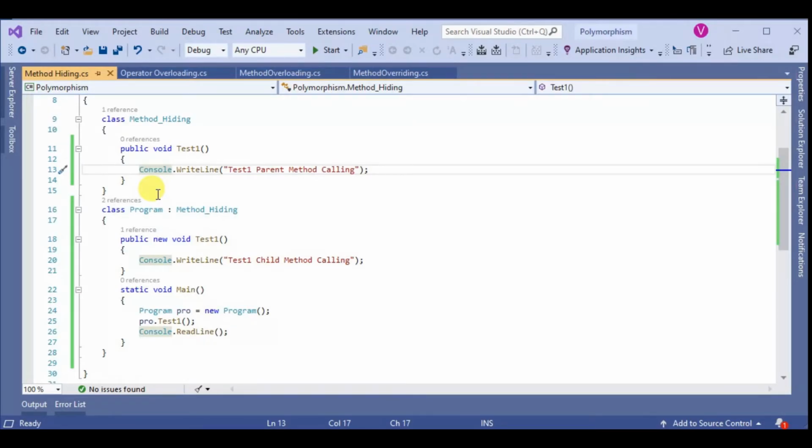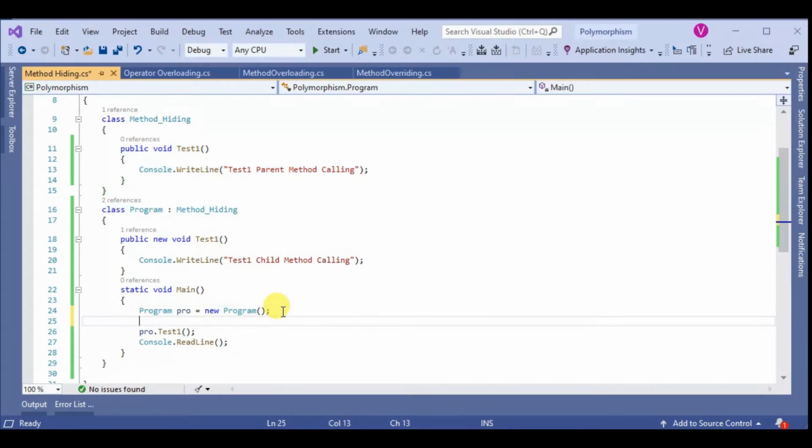But if required, we can also call the parent class's method from the child class by using two approaches. The first approach is creating an instance of the parent class under the child class, so we can call the parent's method from the child class.